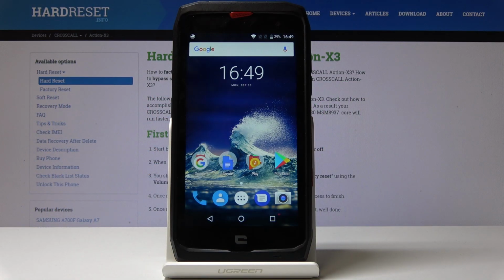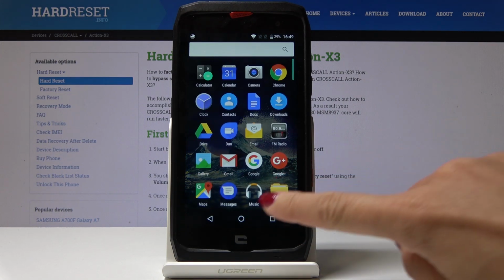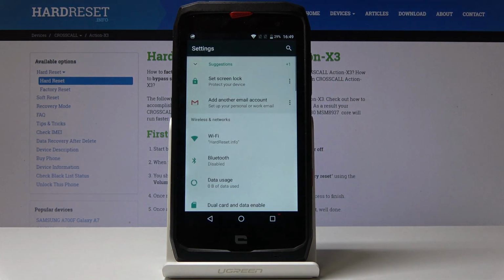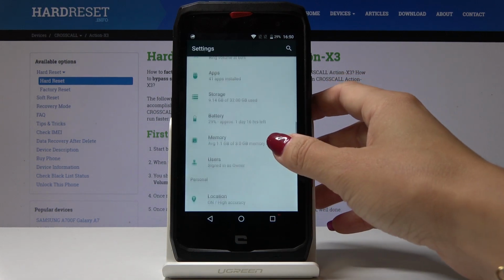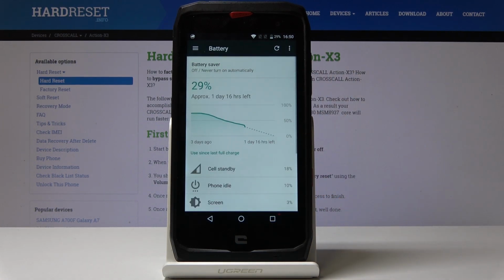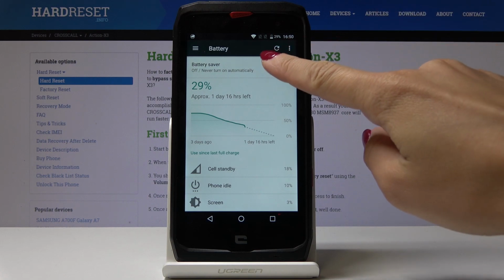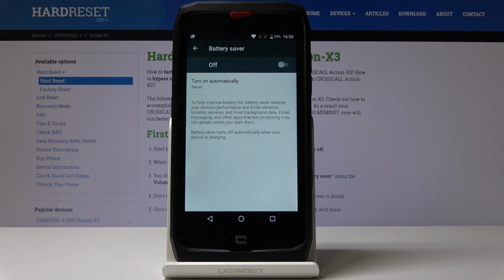Here I've got CROSSCALL Action-X3, and let me show you how to activate power saving mode on the following device. So at the very beginning you have to open the list of all applications, then scroll down, find and select the settings. Here it's time to locate the battery icon. Here it is, let me open it, and now click on battery saver, where you can activate the battery saver